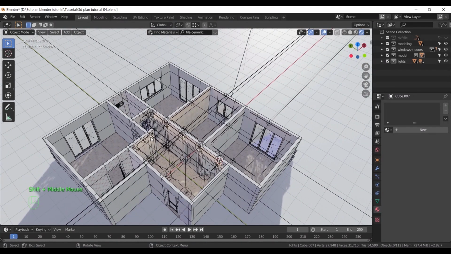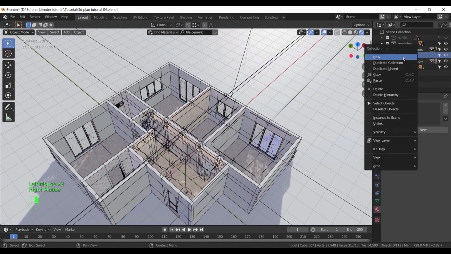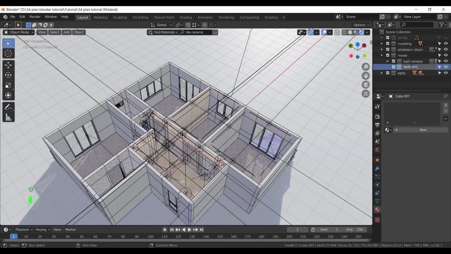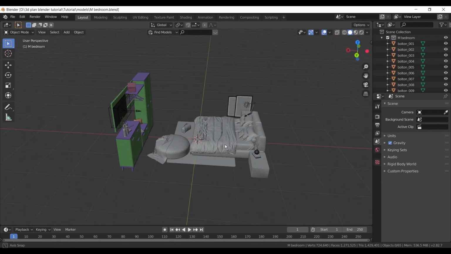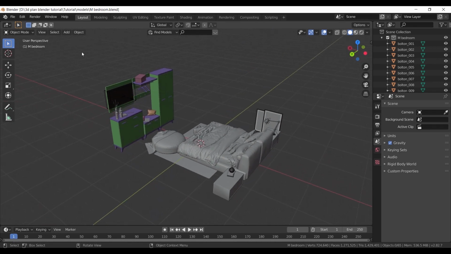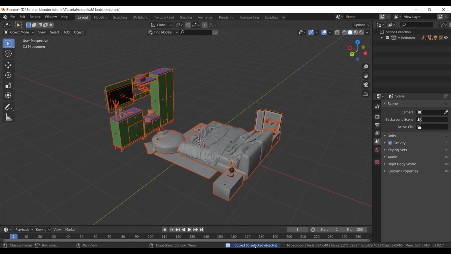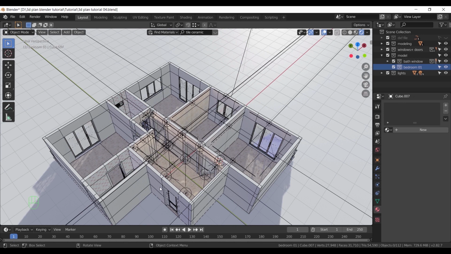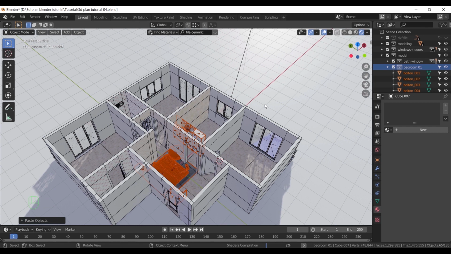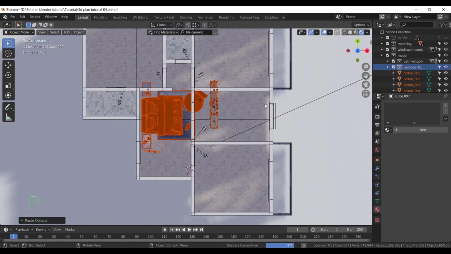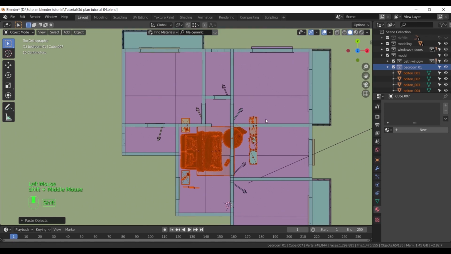Now, to start adding furniture, first for the main bedroom, make a new collection. I have this file opened and it contains the models I need, so you can either copy them with Ctrl+C and then paste them in the scene, or use the append process in the main file, both the same. I did here hit Ctrl+V to paste those models, then, with the moving tool, place the models in the right